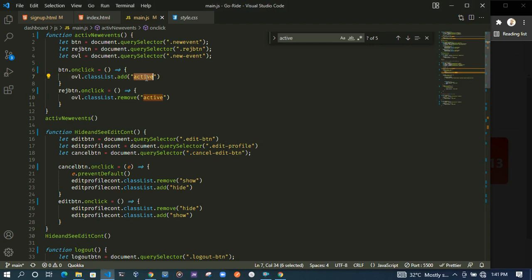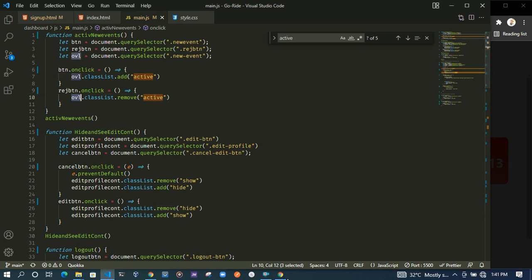To hide the modal, we need to remove the class, whereby once we remove the class, that particular modal won't have that CSS class property added to it. So we make use of classList dot remove. So we remove this particular active from the overlay